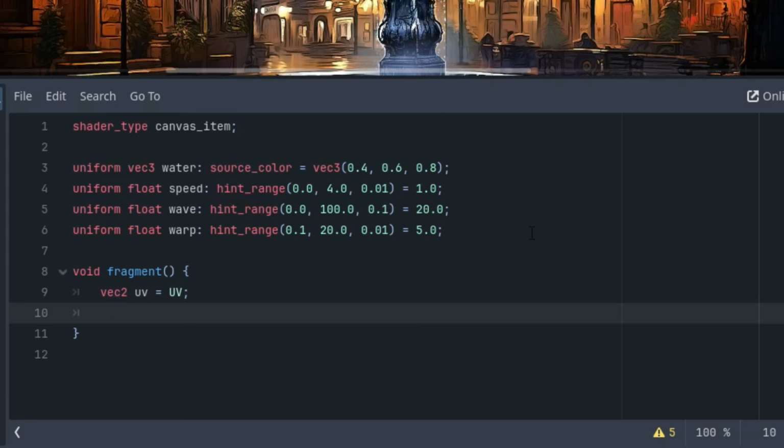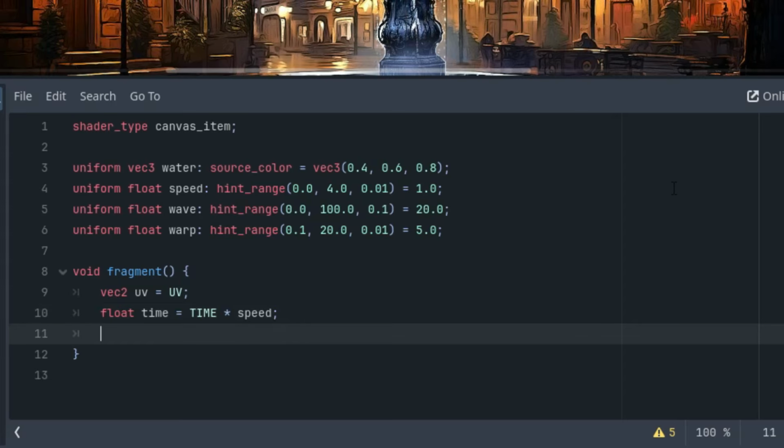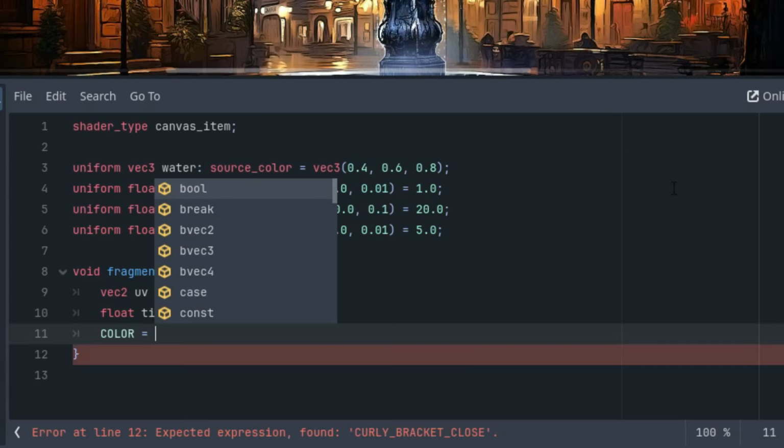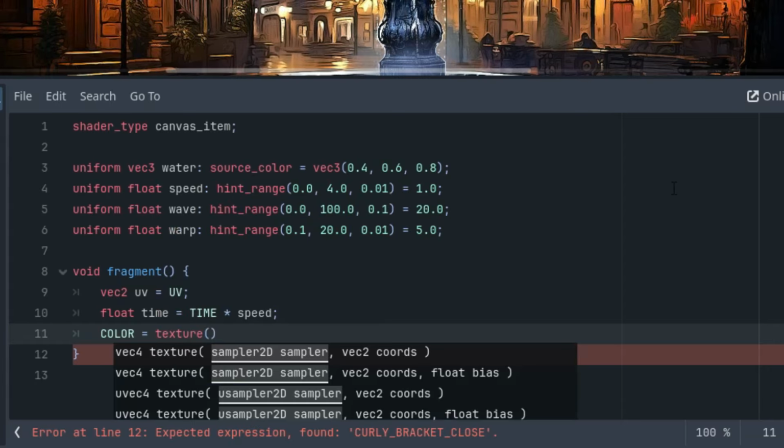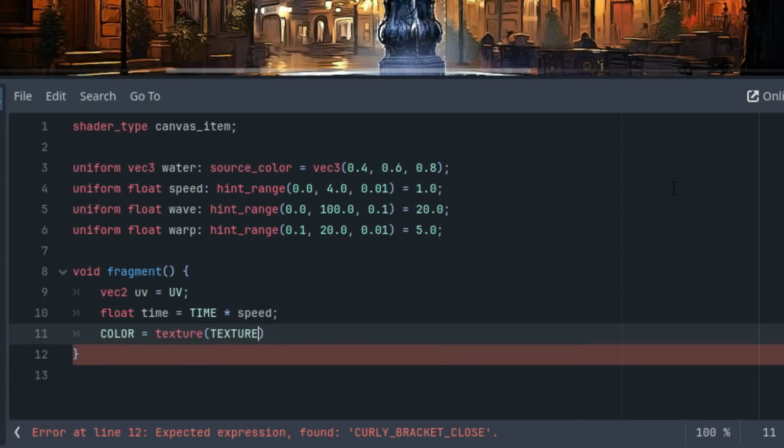Okay, and the time variable, float time is TIME times speed, again the usual stuff. And finally the skeleton will be finished with the output. So the color is texture of our textured background image,